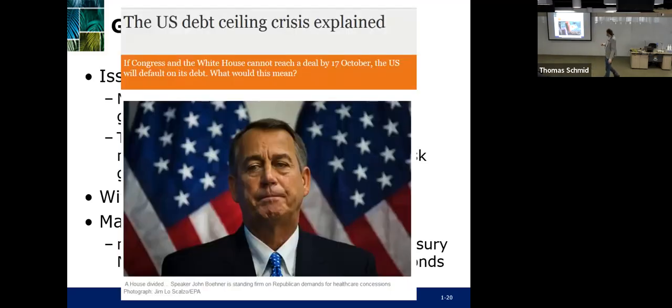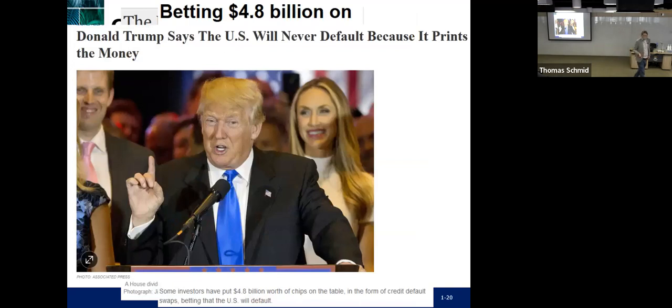This is what he says: the US will never default because it prints the money. Okay, story closed, risk-free, let's go home. No. But